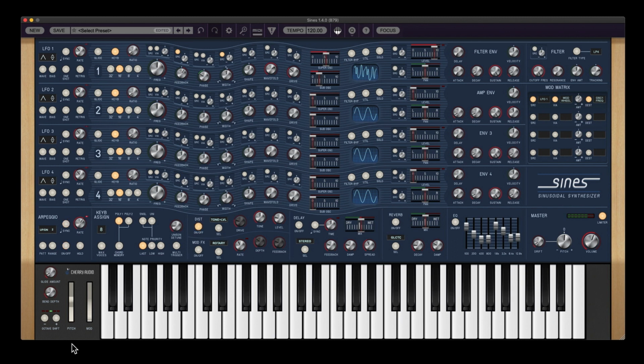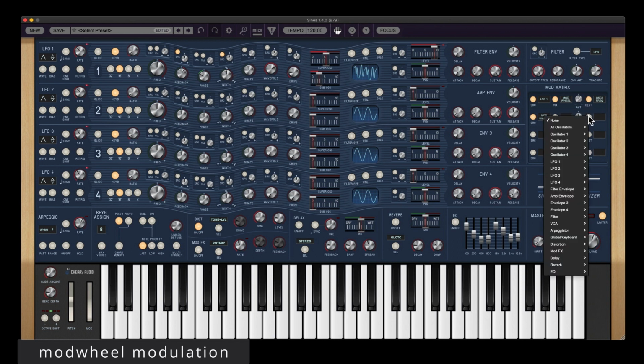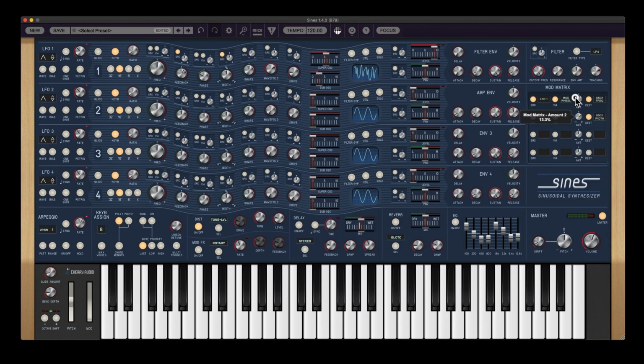And like I said, you've got your pitch bend and modulation. You can obviously adjust the bend depth. It is quite low to start with, and then you've got a glide amount as well. So if you've got a keyboard and mod wheel, we can get the mod wheel to adjust the width. Oh, my keyboard's gone. So we are on oscillator 1 and pulse width, and then if we ramp this up to about 3 o'clock,